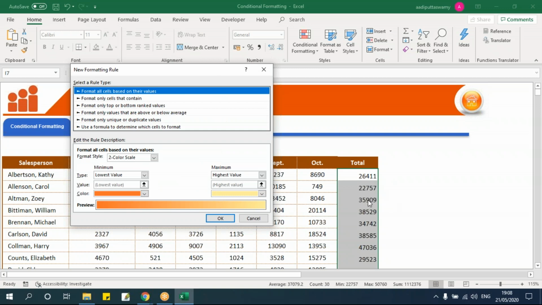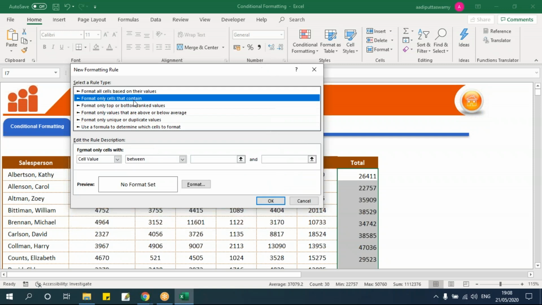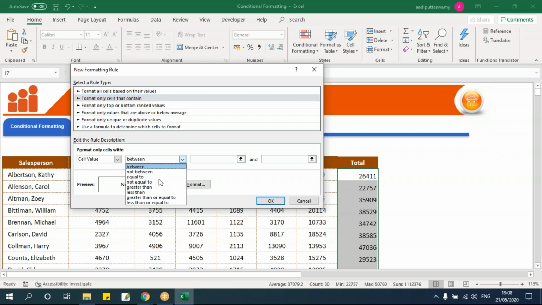Now the requirement is to highlight all the cells where the value is above 40,000. I'll select this, format only cells that contain. When I say format only cells that contain, then here I'll have an option saying cell value, and here I'll have a few other options.